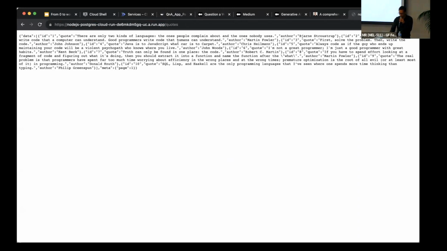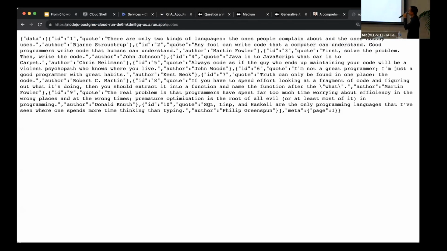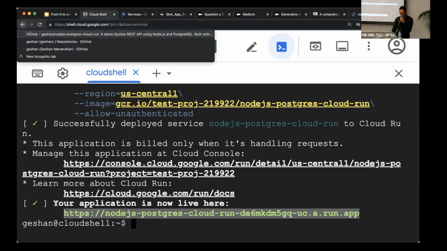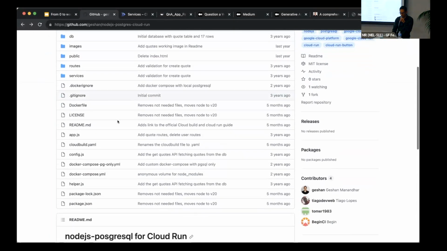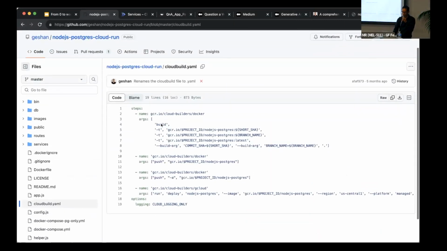Boom. So this is actually going into a database and pulling all of these codes. It's not that slow, I would say. Okay, so this is how easy it is if you just want to deploy a code once. But if you want to do a full-on CI/CD pipeline, that is also a possibility. I've already shared the slides, right? If you go to this and have a look at the Cloud Build file, there's a way to do a full-on CI/CD. It builds the container on every change, and then deploys it on Google Cloud.